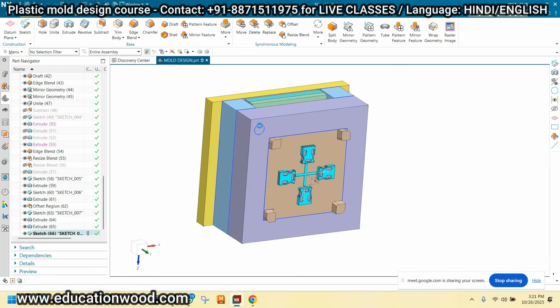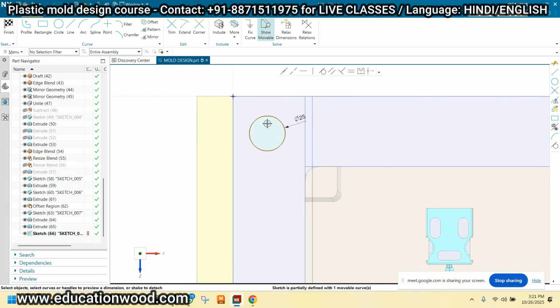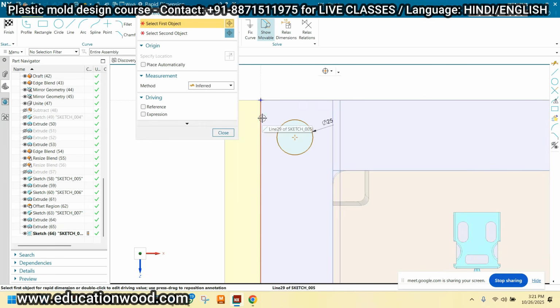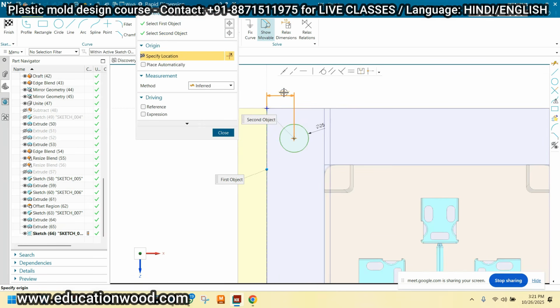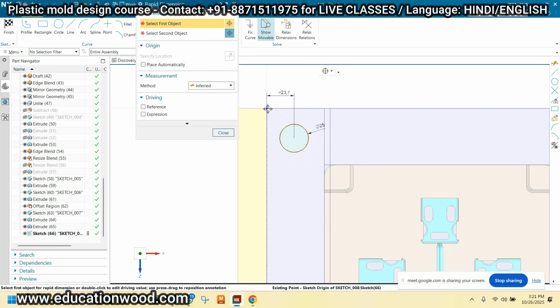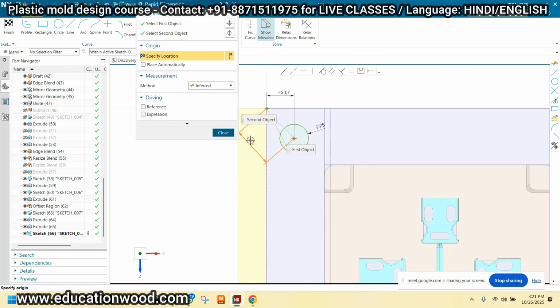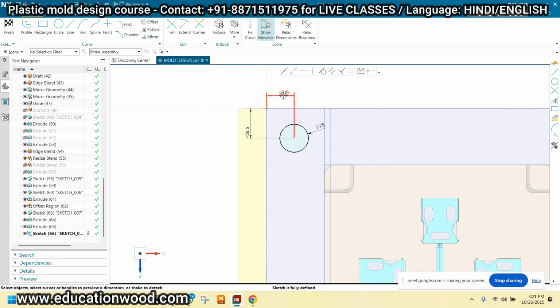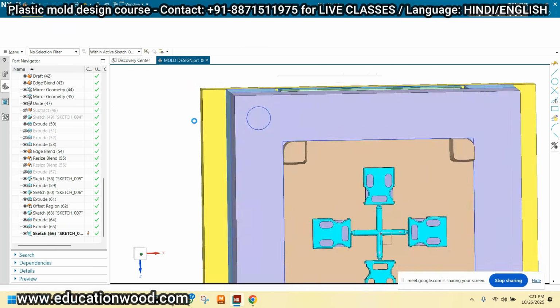Double click on this sketch again and take the dimension. The dimension should be in a proper way, like this. So I'm taking 25 mm from here, 25 mm from here. Let me check again, 25 mm from here and just click OK. See.